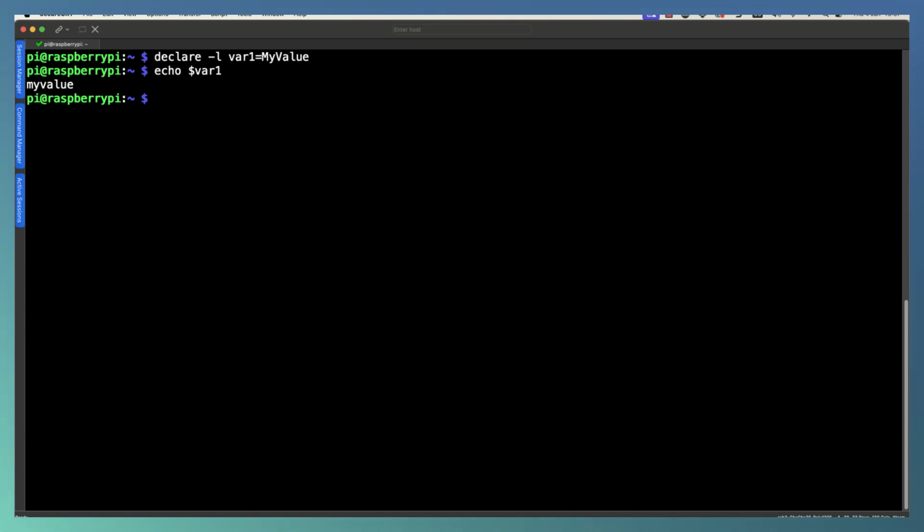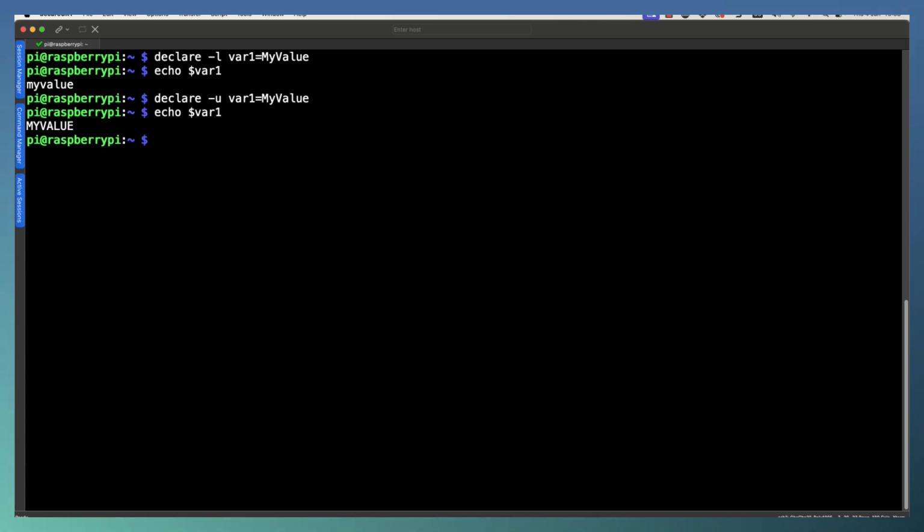The value of our variable now has been affected because declaring a variable as a lowercase variable only stores lowercase values. So it's converted as we enter. In the same way as we use declare -U, the whole string is stored in uppercase because that's what we're setting with the declare command.